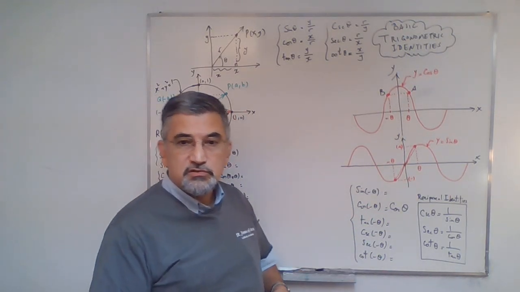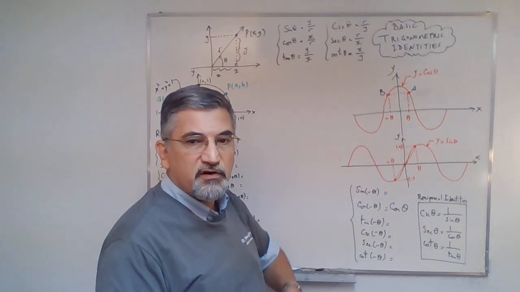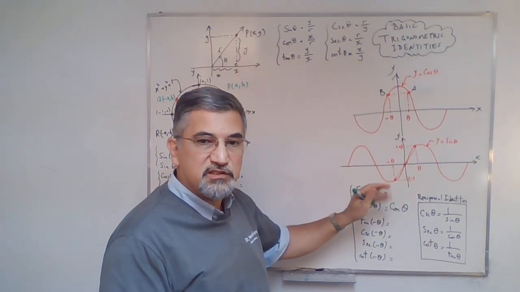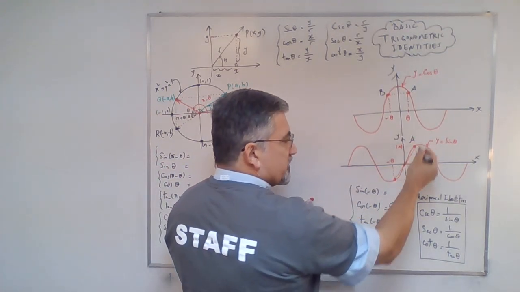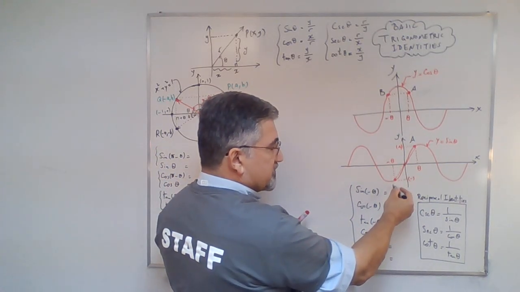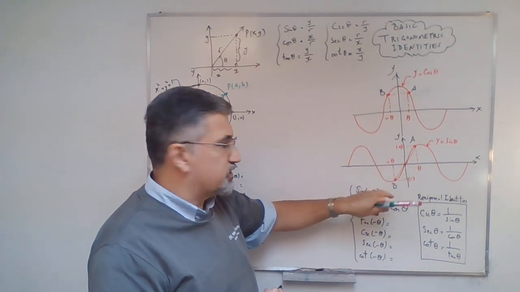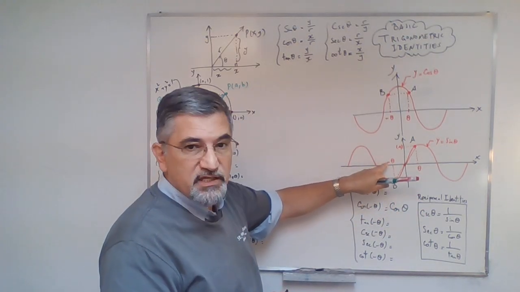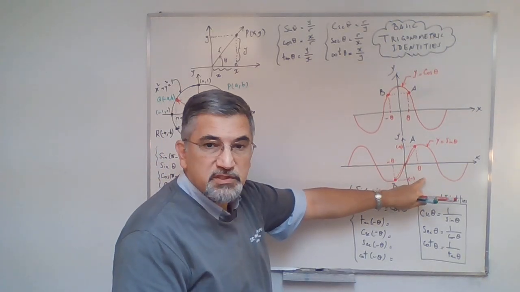But is this the case true? Like, is this the case for sine function? Let's have a look at the graph of sine function. You know that sine function is an odd function. It's not an even function. And it doesn't have symmetry about the y-axis, but instead it has symmetry about the origin. So if you grab a point, let's say point A, with like an x-coordinate of theta or like 30 degrees, then the symmetrical point on the other side, and symmetry is with respect to the origin here, would be another point like point B, which would have the negative theta x coordinate, which would be the opposite of the x